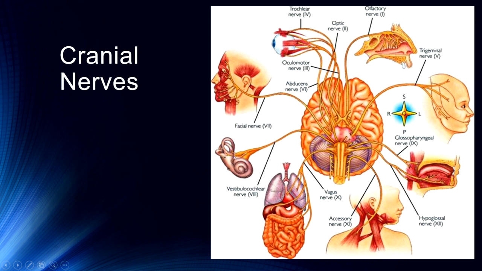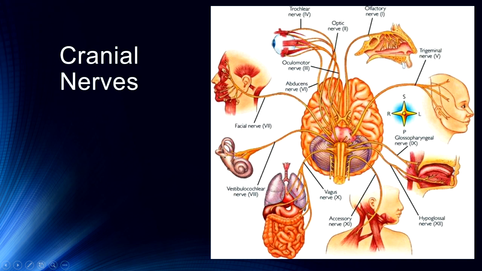The glossopharyngeal and the hypoglossal are involved in moving the tongue, swallowing, that sort of thing. The accessory nerve here, the vagus nerve. This is involved in what's called the vagus response. So oftentimes people will faint when they see a needle, for example. People who are afraid of needles, that vagus response drops their blood pressure very rapidly because it's